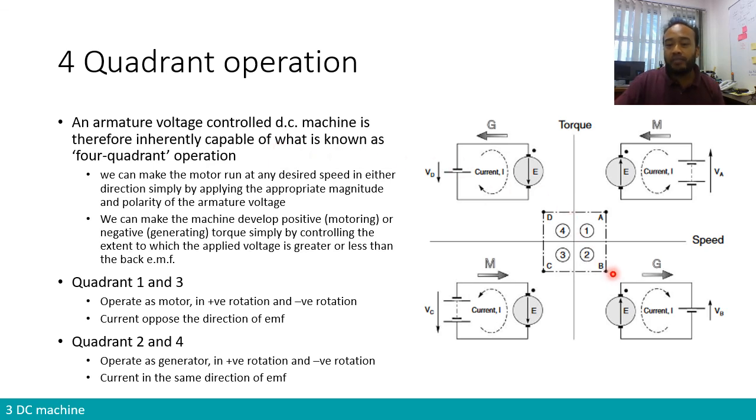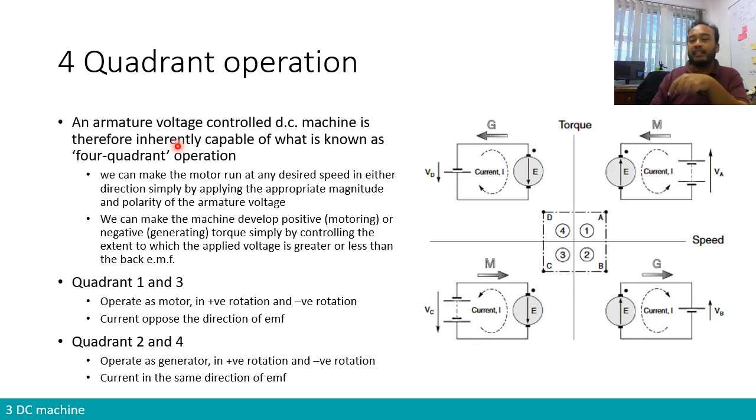And in terms of the torque, it is basically in opposition to the direction of the rotation. So for example, if we are in quadrant 2, the machine is rotating clockwise, but the torque is in the negative direction over here. So it is in counterclockwise. So the motor is moving forward, but the torque of the motor is basically decelerating the machine. So when it is decelerating the machine, it means that